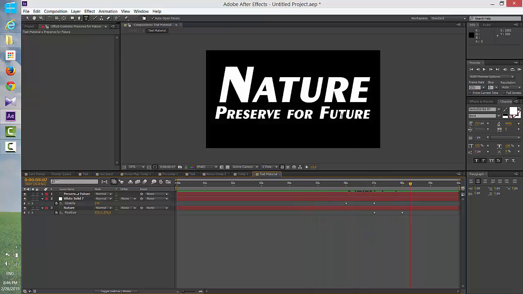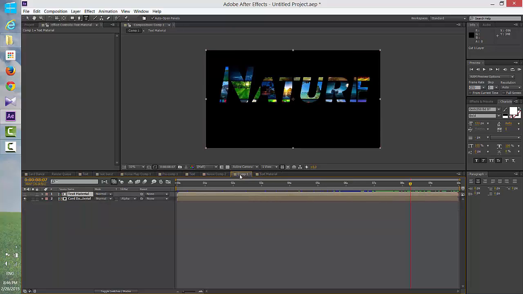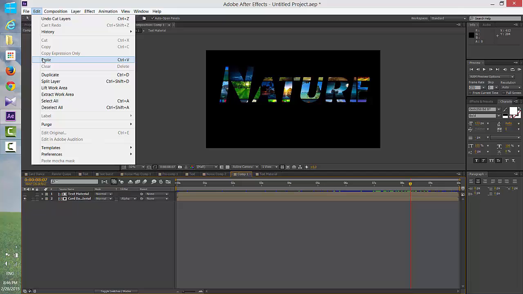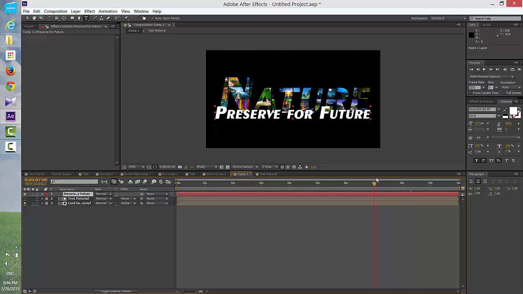Now preserve for future, I by mistake put it in the wrong one, so copy, select this, edit and cut, then going down the comp, and over that I will do edit and paste. So preserve for future is coming up here. Okay, but we don't want to see it before nature starts moving, so its opacity,